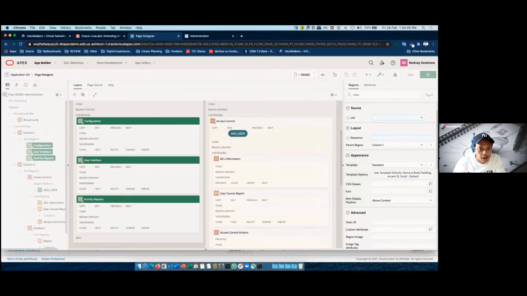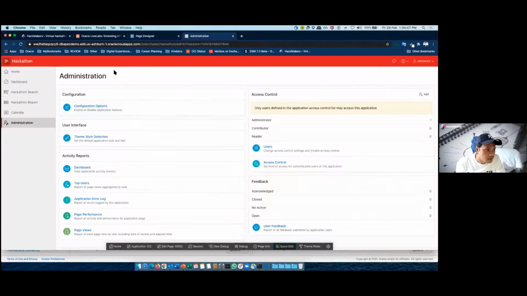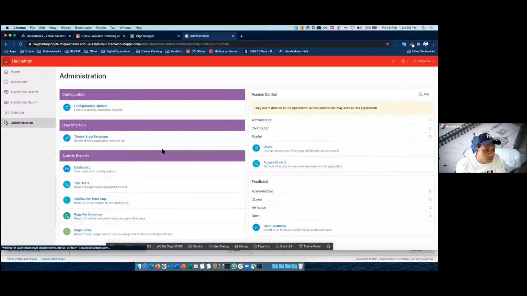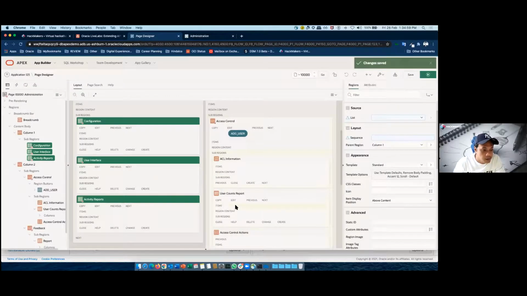So now if I save it and I refresh this page, I have changed multiple components in one go, right? So it really makes it easy for you to do so. So this is kind of an introduction to